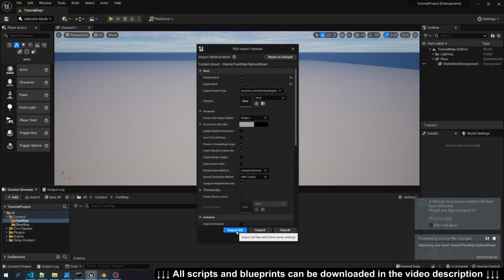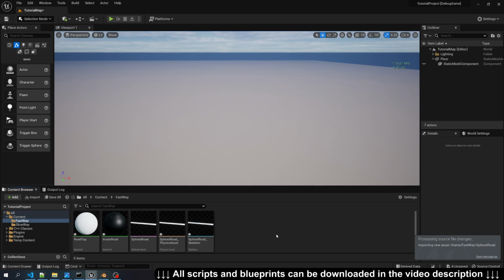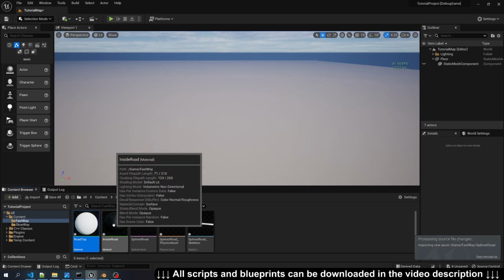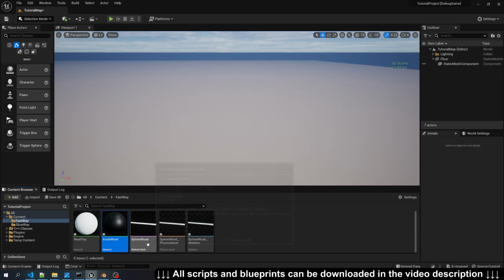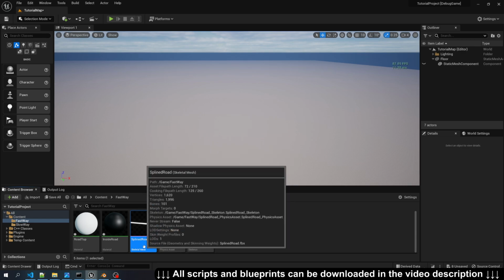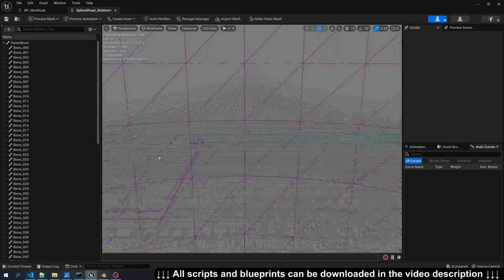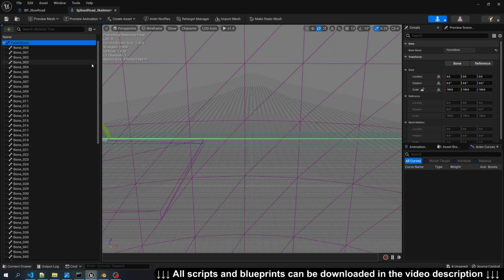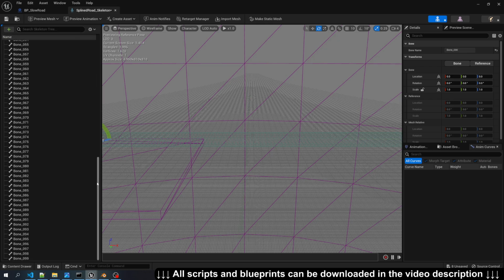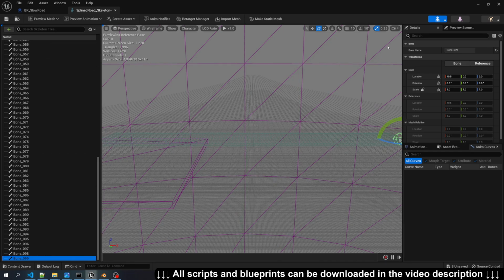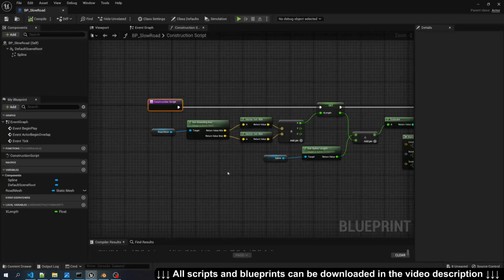we can hit import. And all the defaults should be fine. We'll import all. And you can see we have our road top and inside road materials. We have a splined road skeletal mesh. And we have a splined road skeleton as well. So if I open this, you can see that all of our bones are there. We've got parent bone and bone 00 all the way down to 099. So that's all good. If I open the mesh,